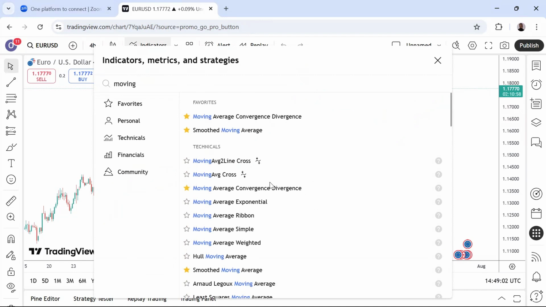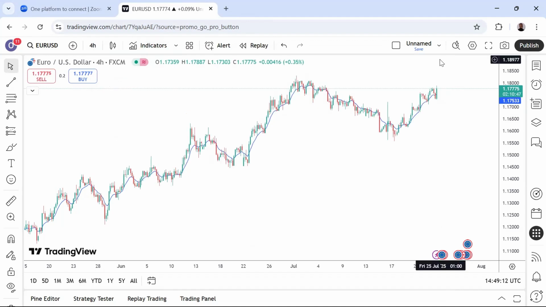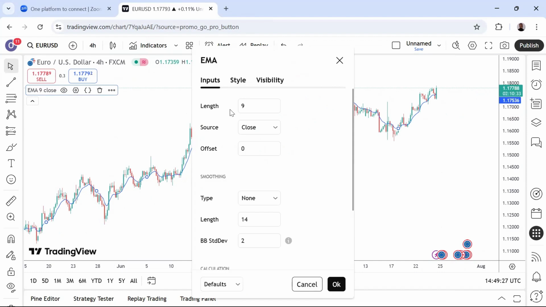Moving average exponential is EMA. Moving average simple is SMA. So let's start with EMA. Now, EMA 20 is a good one. You can check my channel if you want to know how to use TradingView, but I believe you know how to. You can just click on settings and change the length to 20, right? And it makes a lot of sense.